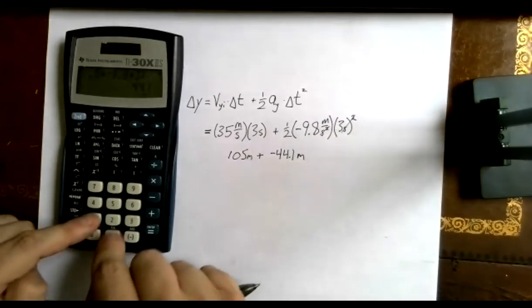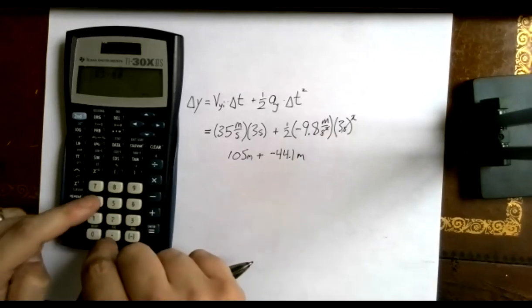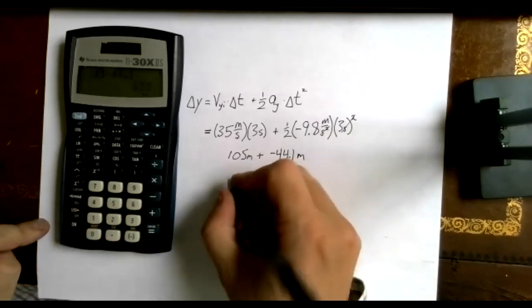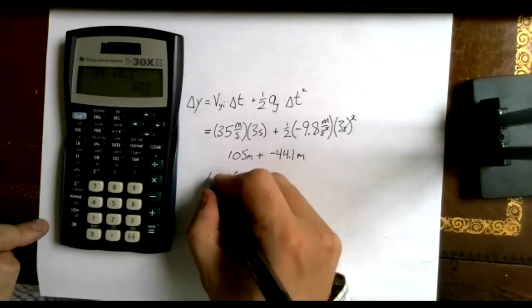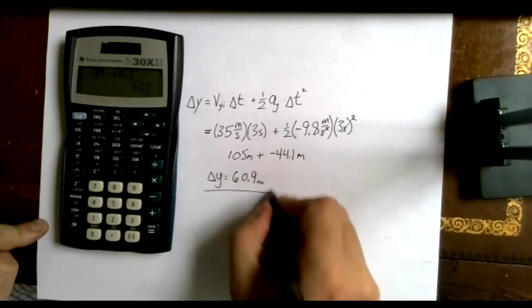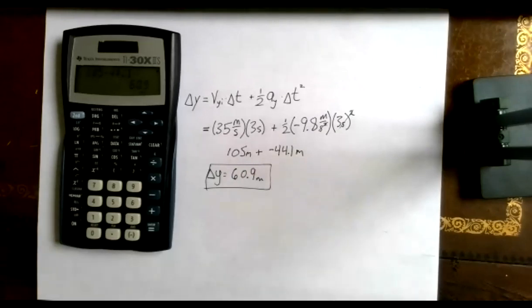So I put those together and do 105 minus 44.1. And I get my answer is 60.9 meters. Right, and meters is a distance, so the units worked out to what I expected. And 60 meters, if you throw something up in the air 3 seconds later, that sounds pretty reasonable. That's pretty high up, but that sounds okay. So does anybody